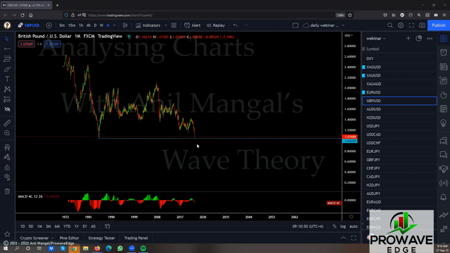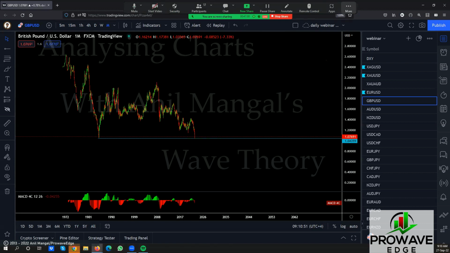But what if this reverses here? And why I say reverse? Because what if we think of this as more of a 1, a 2, and a 3 within a structure that is like this. So this goes back up there and then comes back down. In any case, it's upside, right? Even if you have to make that move, it's upside, or you're totally going back up. It's upside.